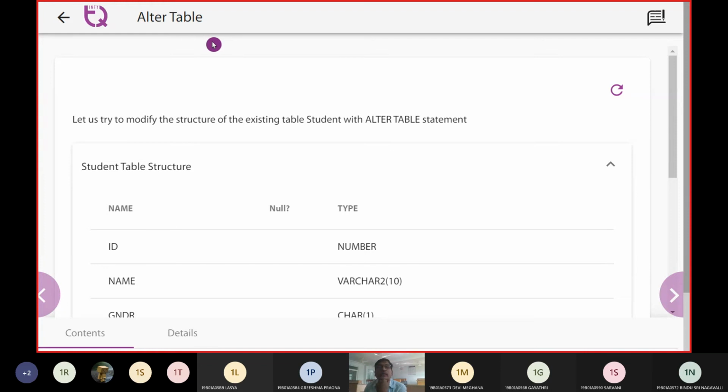So for that we use an alter table, which modifies the table and adds a column. So the alter table is going to modify the structure of an existing table. That was the main idea of the alter table content.